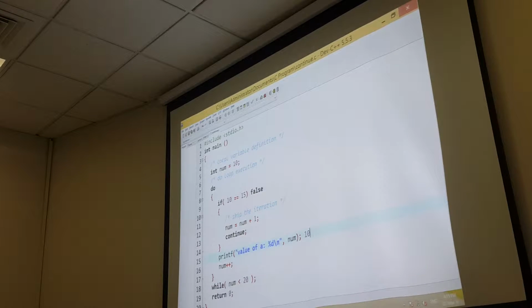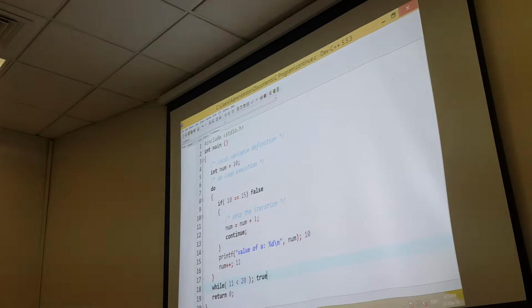When this 10 comes into the next statement, it becomes 11 because of num plus plus. It will increase the value by one here. After that, I have specified a condition, while num less than 20. Less than 20 means, here it is 11. So this condition is true.